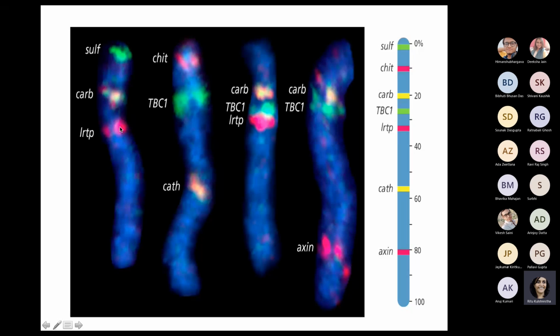Thankfully we have multiple fluorescent dyes. We have green, red, yellow, different spectrum of fluorescent dyes which you can use simultaneously. By generating probes for a particular DNA of interest, you can localize that this particular gene is present at the end of this particular chromosome, this gene is present here, and this gene is present here. Similarly, you can generate the physical map by going for gene sequences that you already know, at least a part of it, and by generating